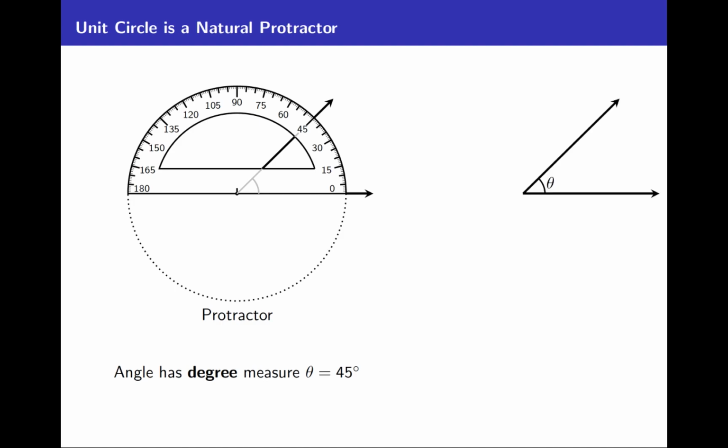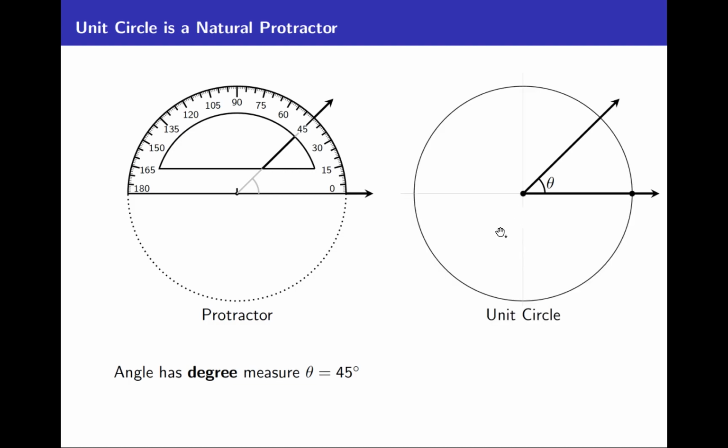Radian measure, by contrast, is going to measure this angle by the unit circle. Let's take that exact same angle theta, and this time, rather than the protractor, let's put the unit circle centered right at its vertex. So the way we're going to measure this angle on the unit circle is we simply measure the distance from this point along the unit circle to